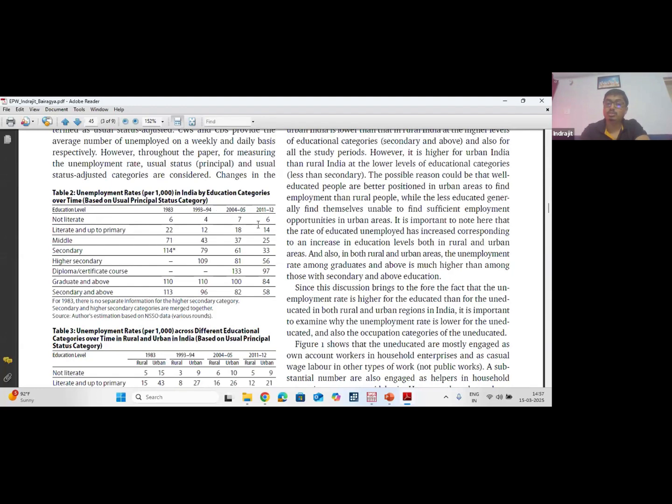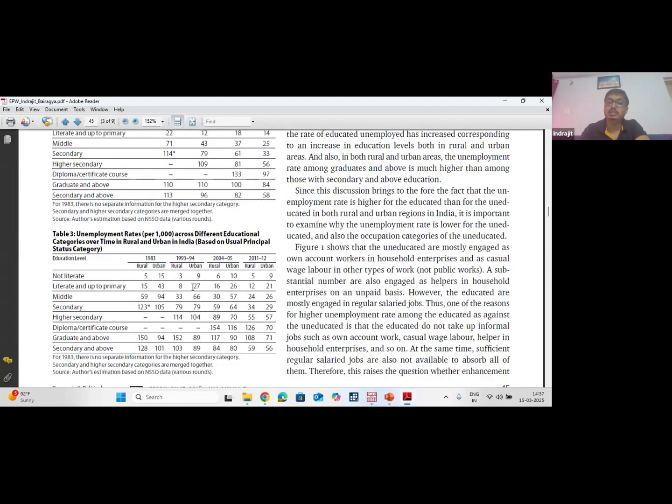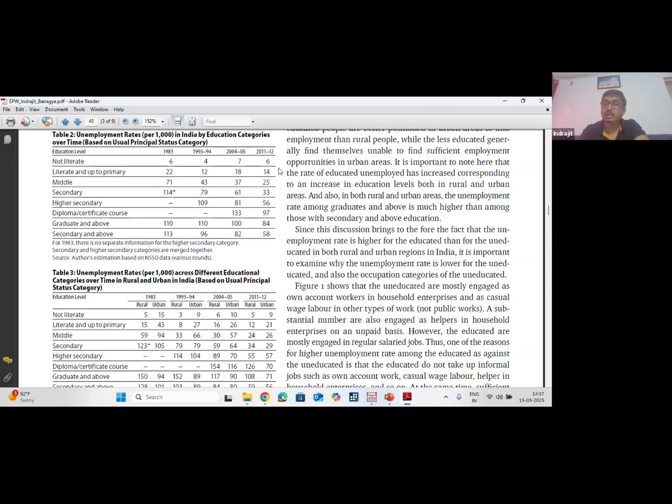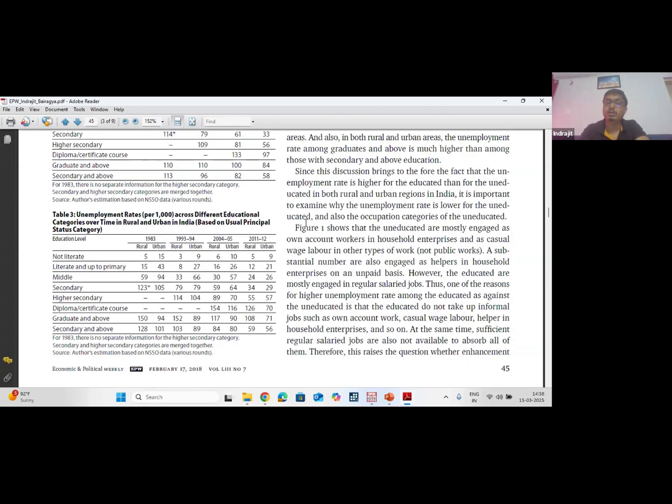And then over time we also presented this. Then we looked at rural and urban differences, and we wanted to see whether this trend of increasing unemployment rate with education level is true for both rural and urban areas. Yes, it is true for both, but for the lower educated, meaning non-literate, literate up to primary, and up to middle school, the unemployment rate was a little lower in rural areas compared to urban areas. For educated people the trend remains the same, but